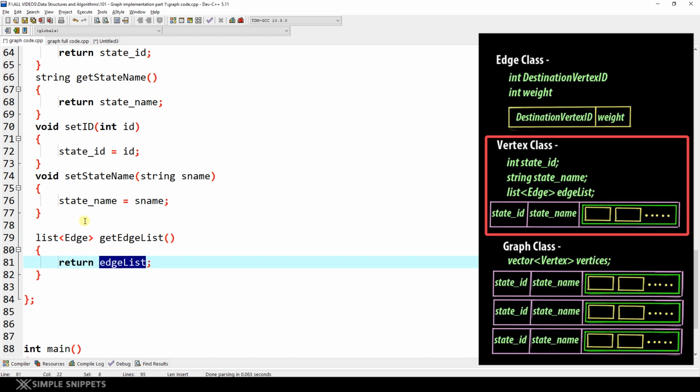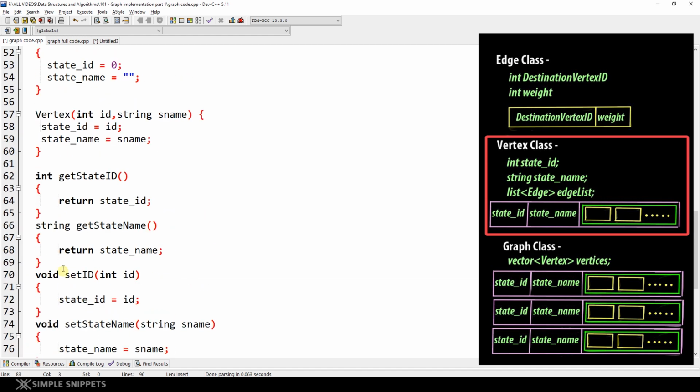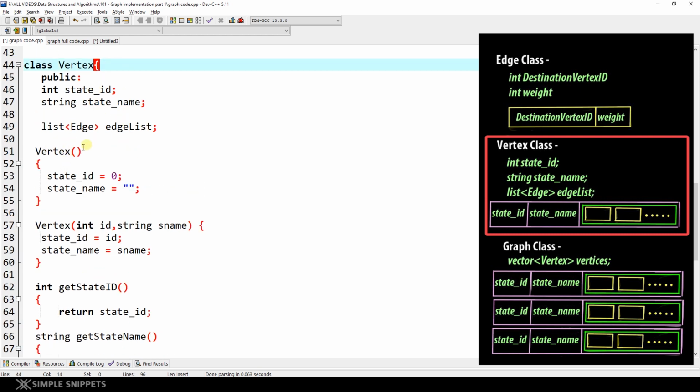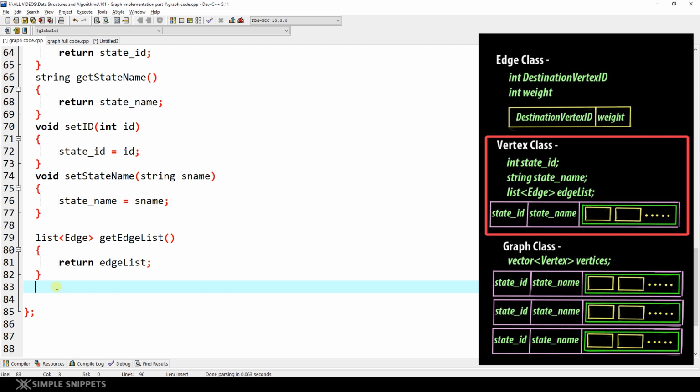We are not setting the edge list over here because when we add an edge, we are not adding all the edges together, right? Between two vertexes, we will create a particular edge at a time. So let's say we have 10 states. You'll not create all the edges in one go, right? You'll create one edge between two states one at a time. So that's why right now the set edge list is not being created over here. And if you don't understand, don't worry. You'll get it as we move along, because we're not going to need that function. There are more functions inside the vertex class, but right now these are the basic ones that we need. So we are just creating the overall structure. The actual operations and the functions related to the operations we will create later on, one operation at a time.